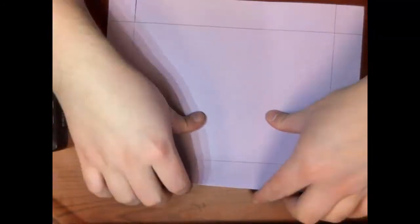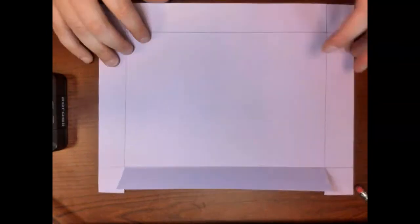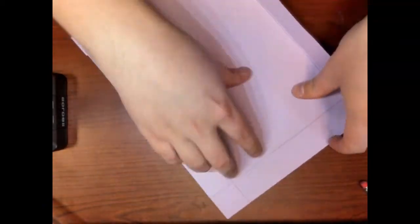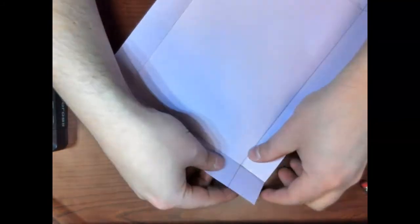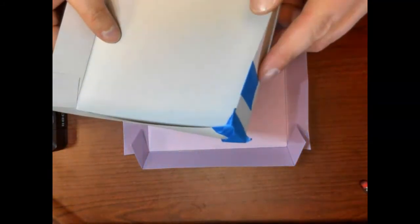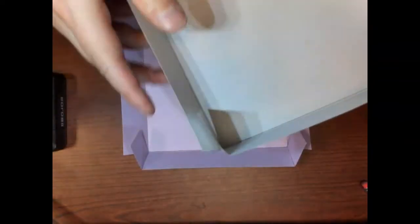Okay? So then next is a fold. You're going to fold just like that, inwards. Okay. Fold this guy inwards. And what happens is you create these flaps right here that will get taped to create the tray. So you make these flaps, and then using your tape, you'll tape up the corners. Okay? So you'll tape the corners together, make it nice and sturdy and secure, and then